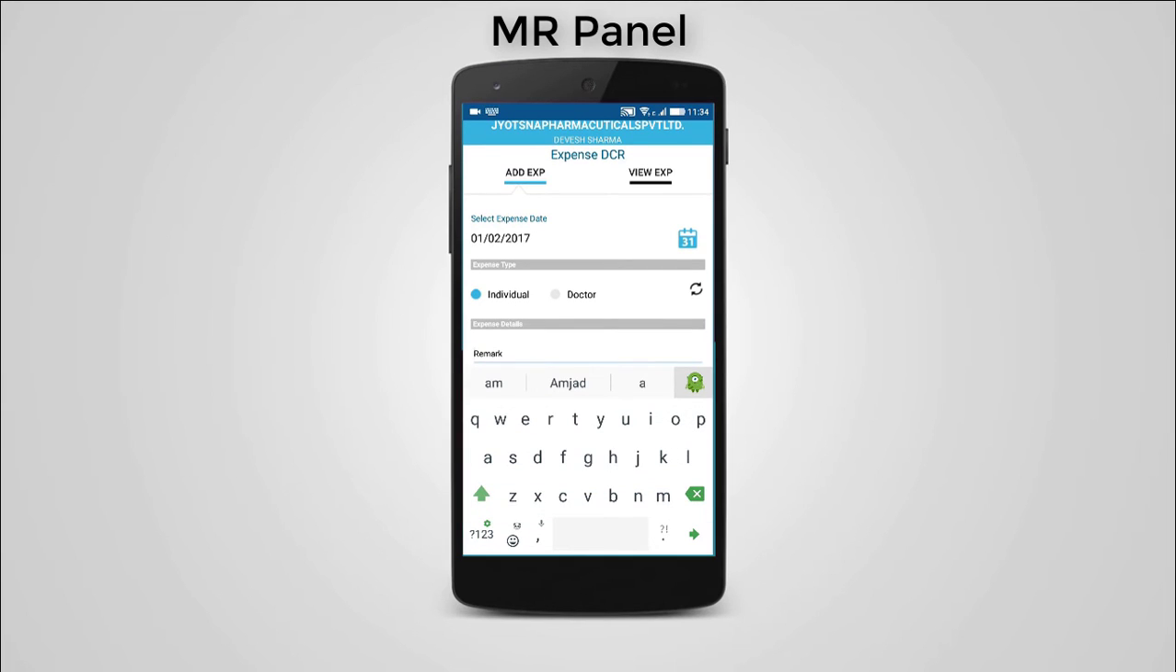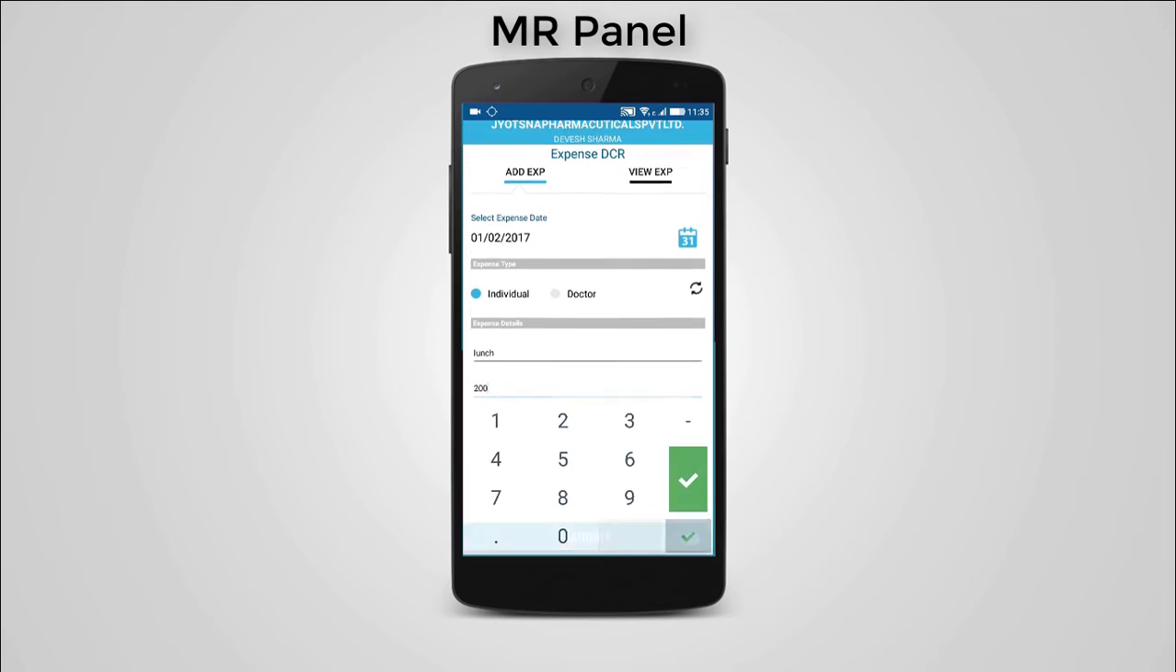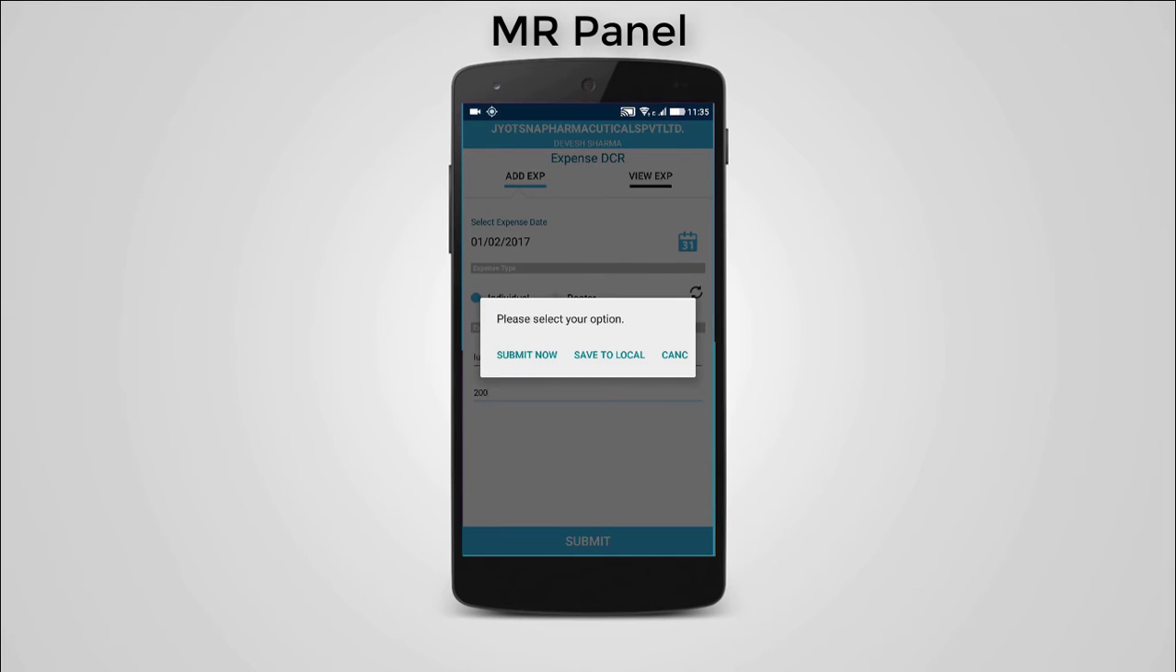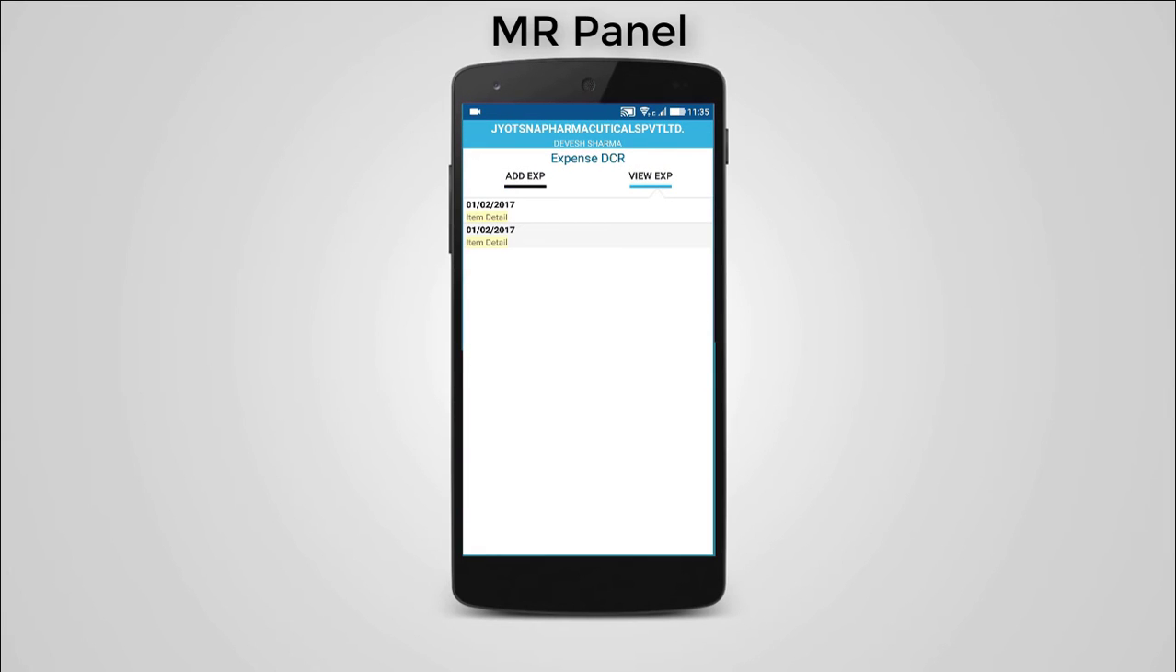Suppose I had lunch, so I will type lunch, and enter the amount that was spent. And then click on submit. After tapping on submit, this message will appear. You can send supporting bills related to your expenses to your admin or manager on mail. So the expenses entry that we just did gets added in this list and also gets added in your monthly